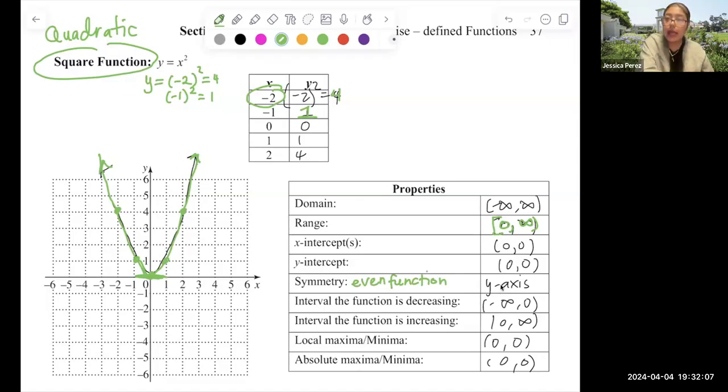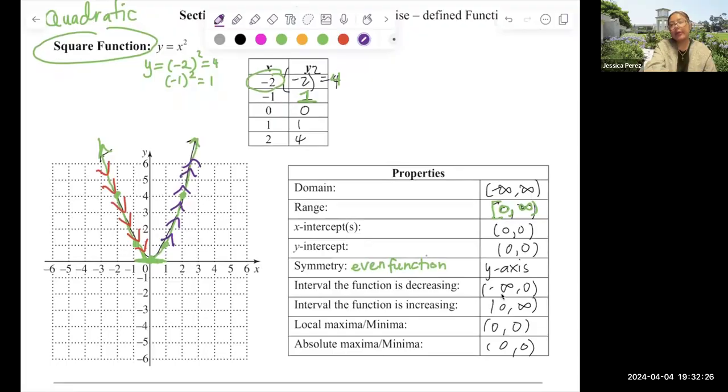We learned that. Where is it decreasing? It's going down from negative infinity and it stops at 0. Where is it increasing? From 0 to infinity, like so. What about the local maximum and minimum? Notice how we have arrows here and you'll say, okay, this is none. Well, because there is this symmetry going on that forces this to be a local